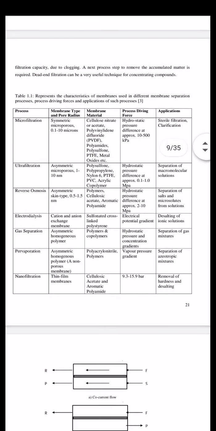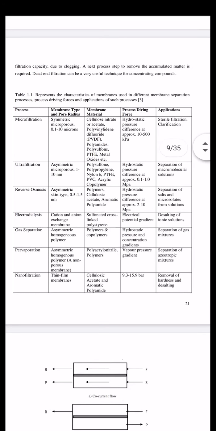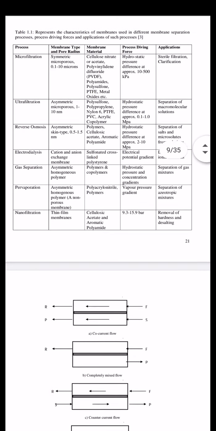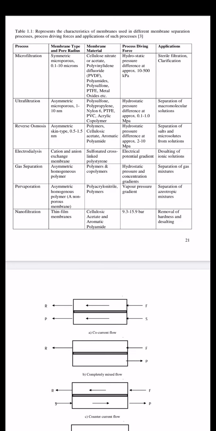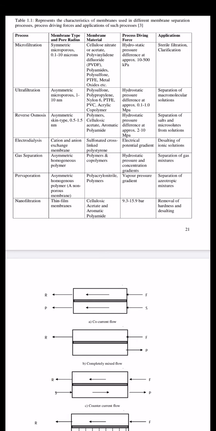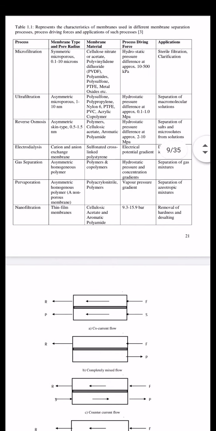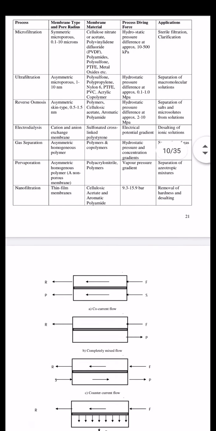So probably you remember the examples I gave during our practicals. Generally, the ultrafiltration process is used to separate milk from a solution of milk and water. Here we get a very separate and clear solution, where we get milk powder or proteins on the membrane, whereas the clear solution we get as permeate. So this is all about ultrafiltration. Now moving towards the next operation, that is called reverse osmosis.